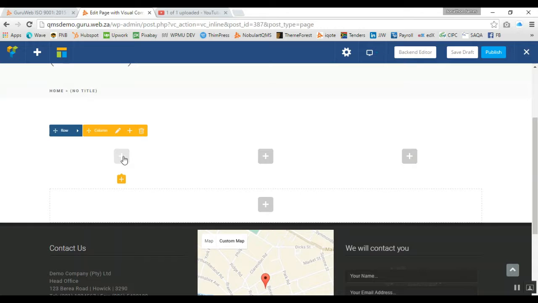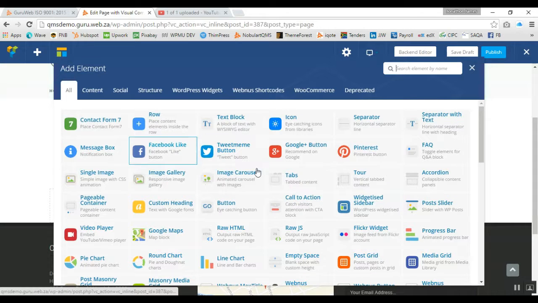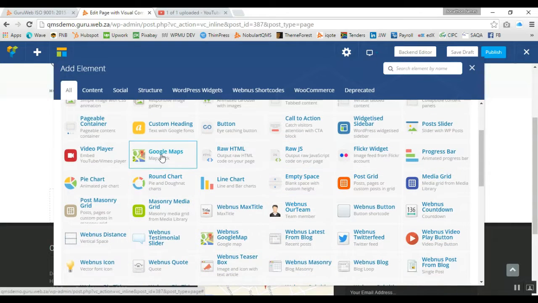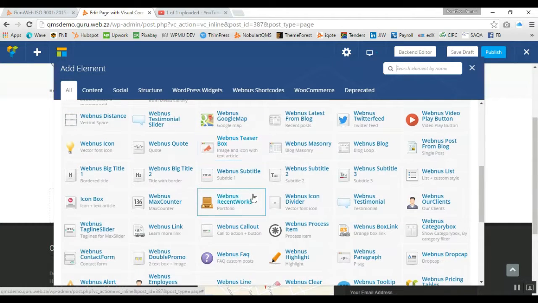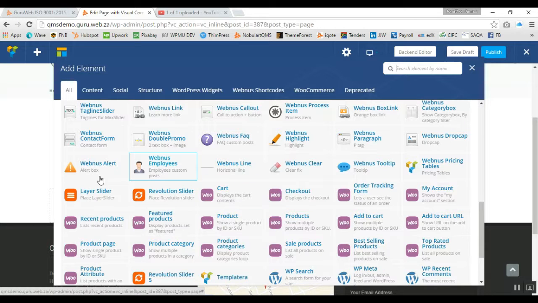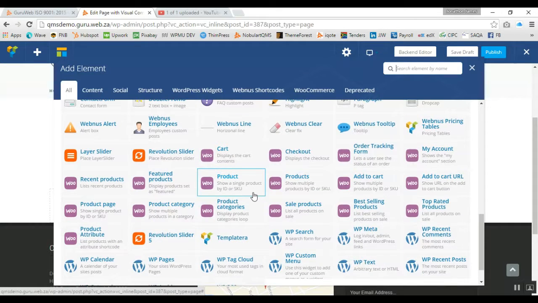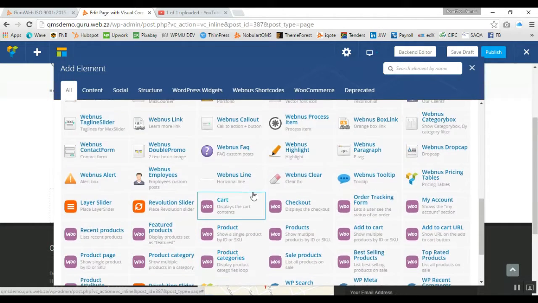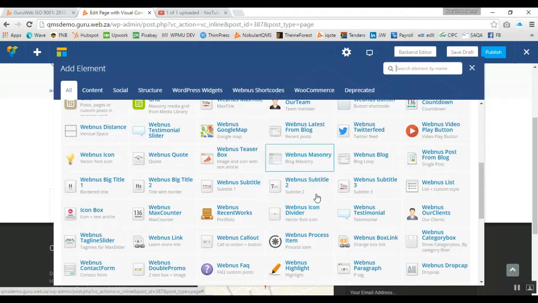To add elements, you click on the plus sign, and there are many different options of the different elements. You can add separators, images, headings, text, call to actions, maps, video player. There are hundreds of options to choose from in terms of what you want to add here, testimonials, lines, and so on. So you choose which element you want to add, edit it, and then when you are done,